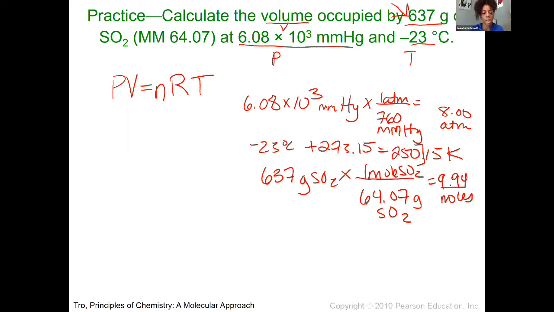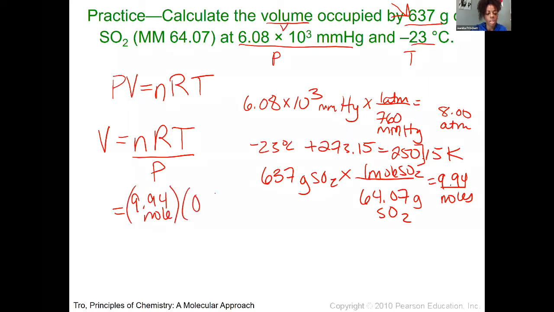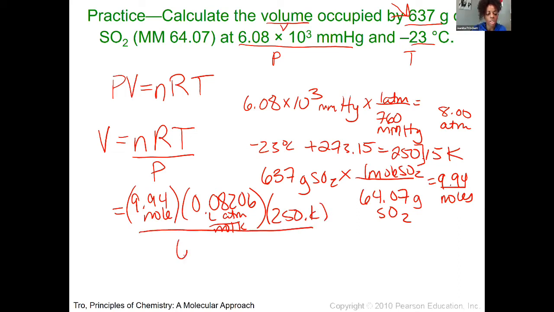So now we're ready to plug in. So we would take our equation and rearrange to solve for volume. Volume equals the moles times R times temperature divided by the pressure. And then we're going to now plug in all those values that we've recently converted. So we would put 9.94 moles here, our constant of 0.08206 liters times atmospheres divided by moles times Kelvin, and our temperature of 250 Kelvin. And we're going to divide all of that by our pressure of 6.08,